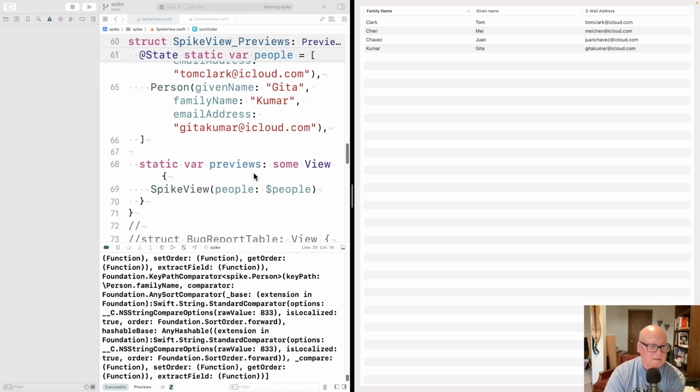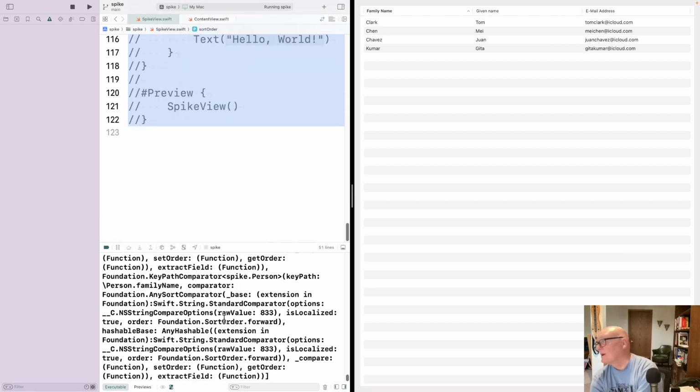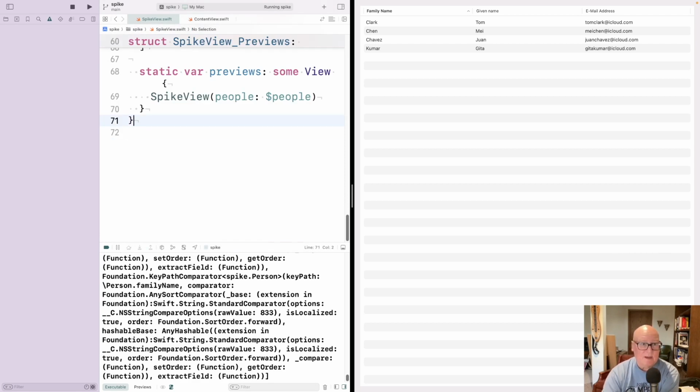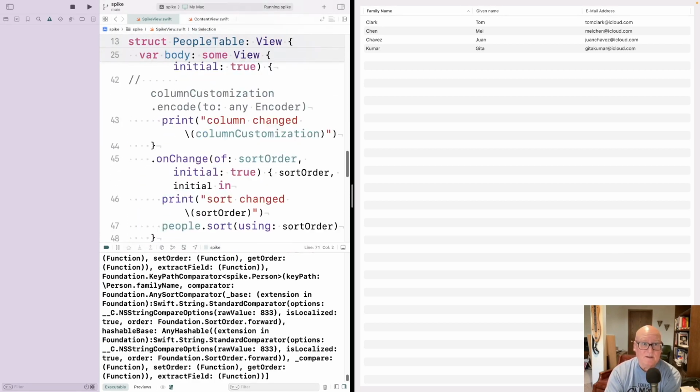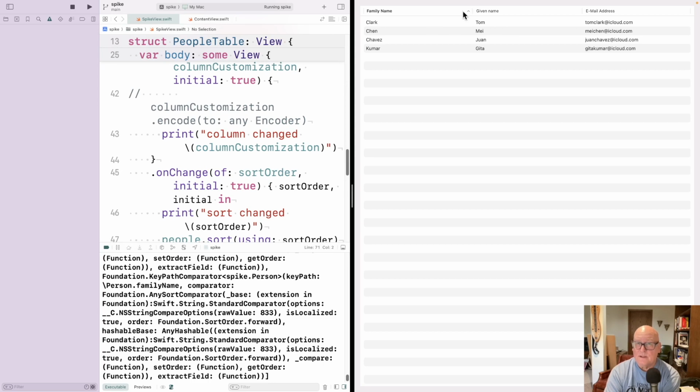Okay, I'm going to take this junk out. It's my way of avoiding things, maybe. I don't know. I think we've added customization and sorting. Okay, but the real thing is, can I tell? Okay, family name Clark, Tom. So if I go the other way, Clark, Tom,